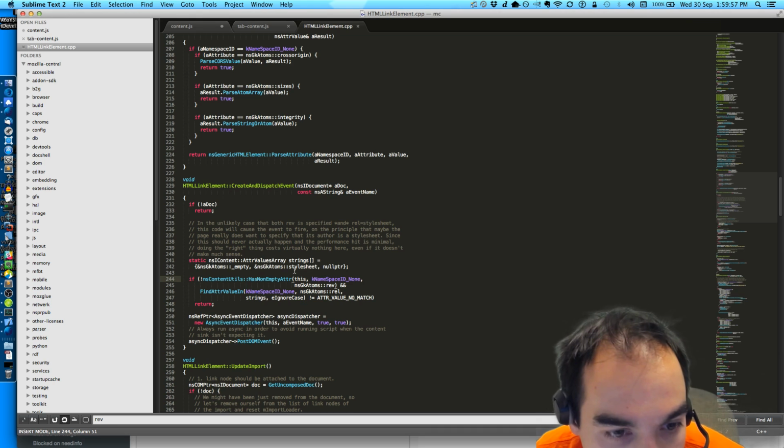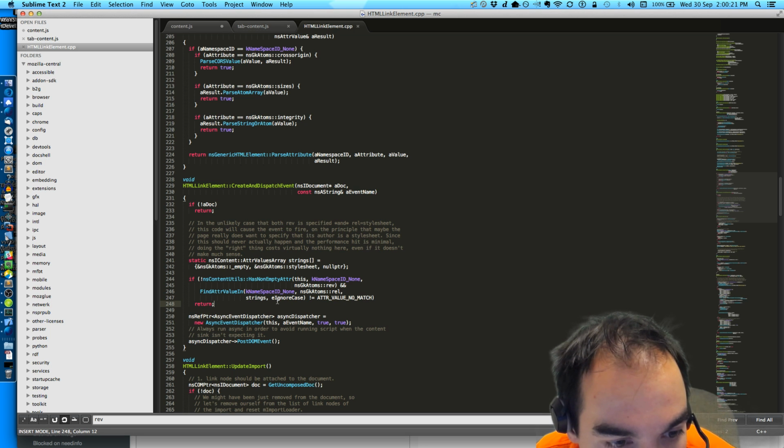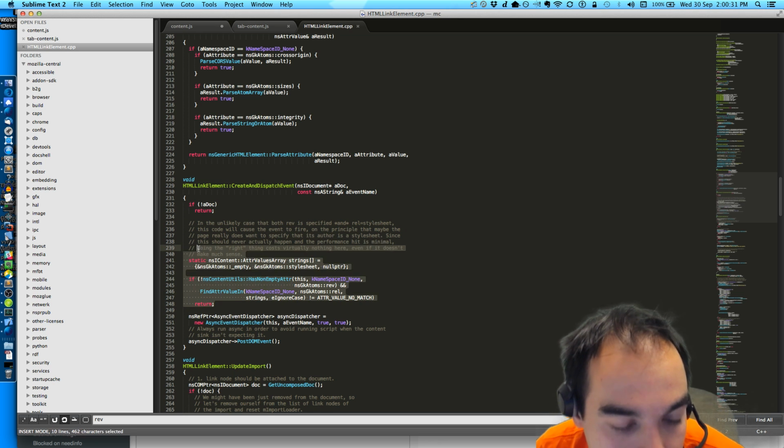If rev is not specified and we do find style sheet or empty in the rel bits, then we don't fire an event. I don't know why that is. But I have a feeling this bit's bogus now. I have a feeling this is no longer relevant.